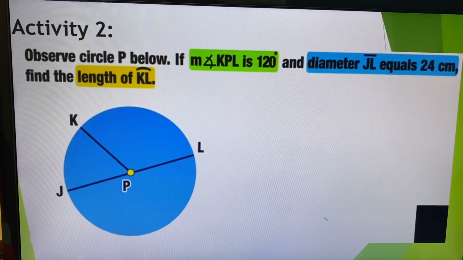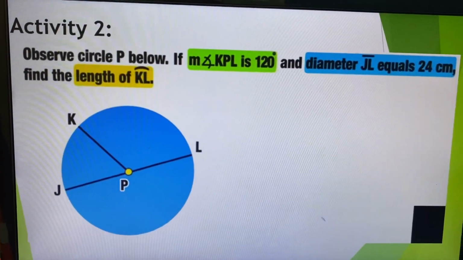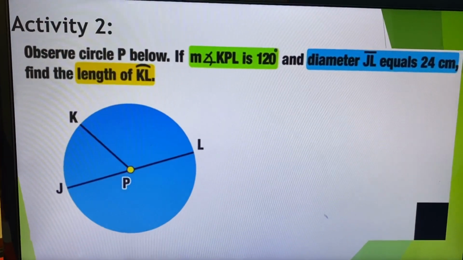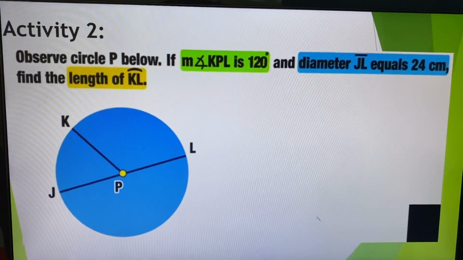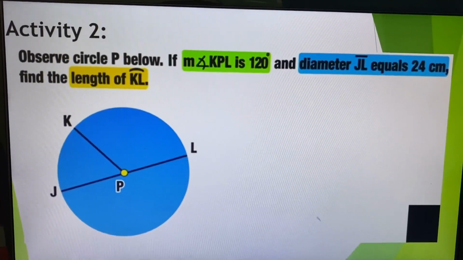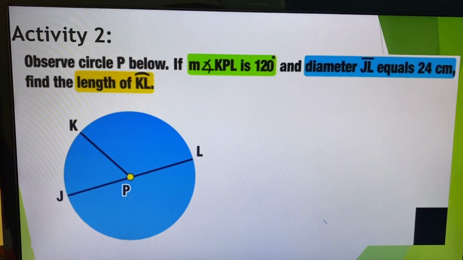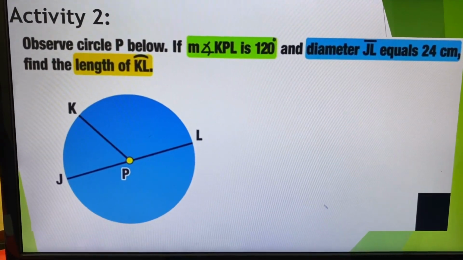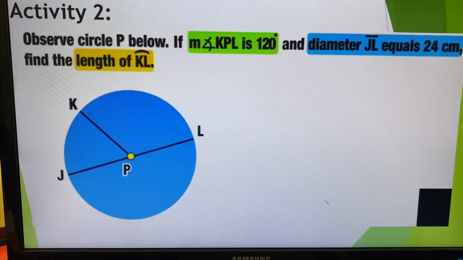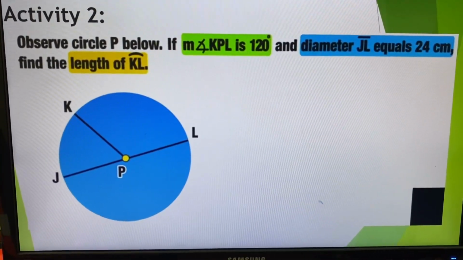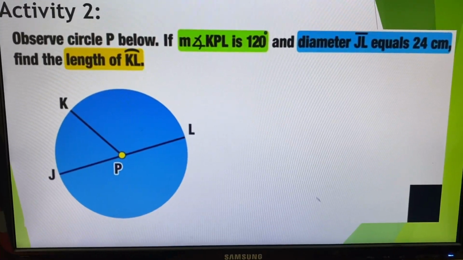In activity number 2, observe circle P below. If the measure of angle KPL is 120 degrees and the diameter GL equals 24 centimeters, find the length of KL. I will give you time to solve this question. Then once you're done, you can show your solution,